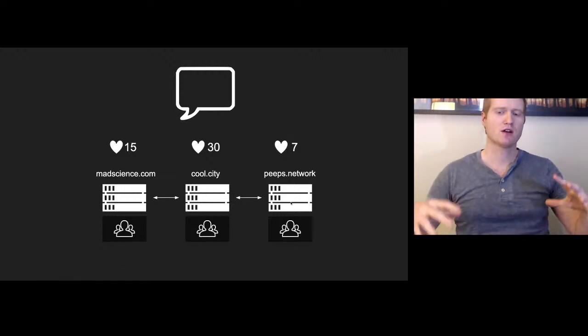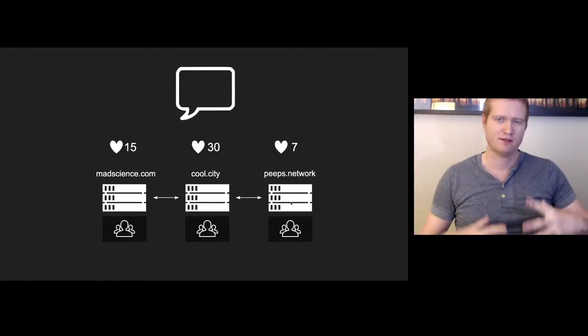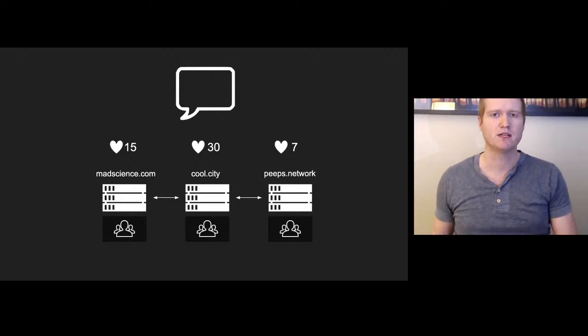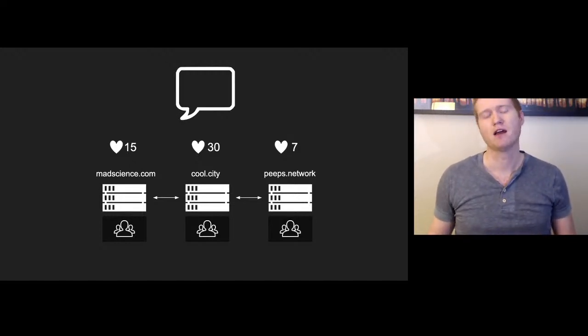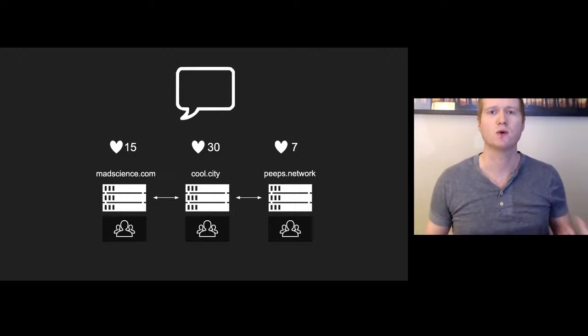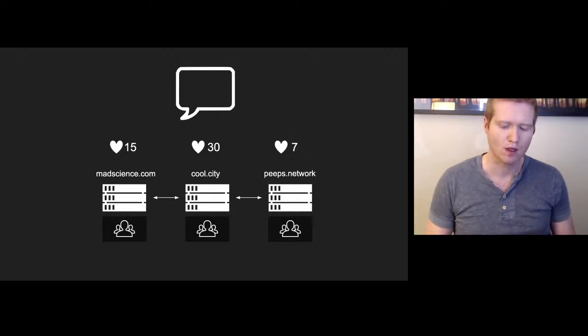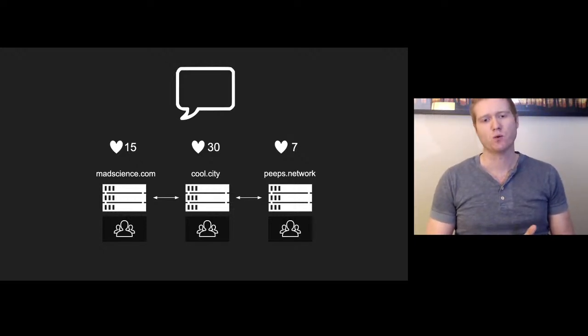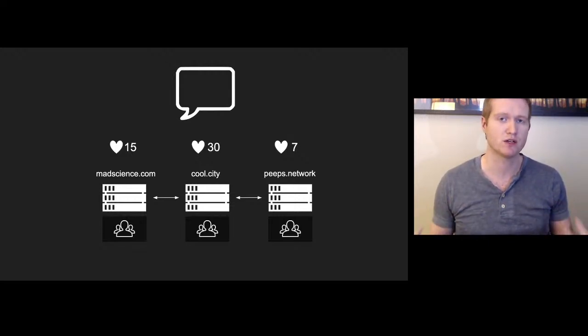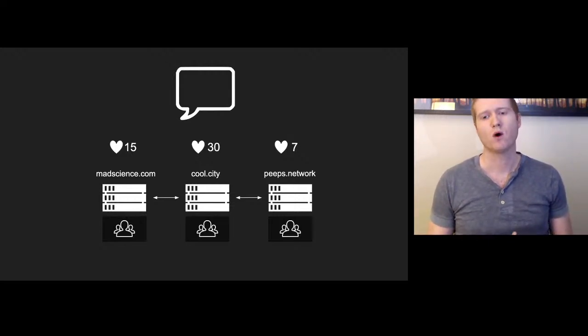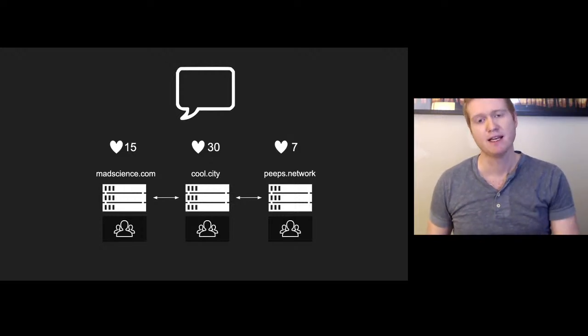And the servers in our network, the way we should be thinking about them is that they are cultivating each of these communities. They're each going to be setting their own rules for moderation. They're going to be pulling in a culture of users based on who they invite in and who becomes active there. And so in a lot of ways, we can think of each of these servers as having a kind of identity and reputation of their own,